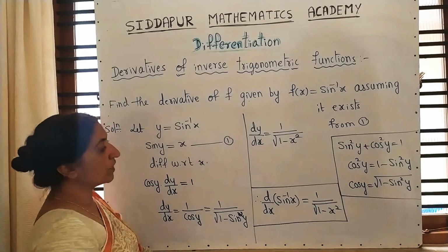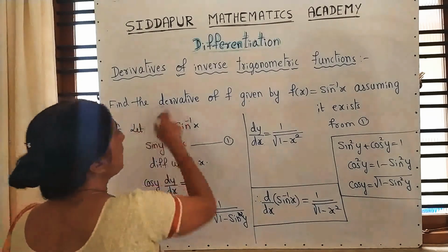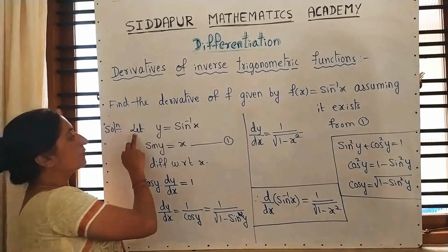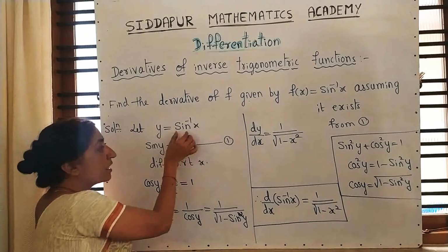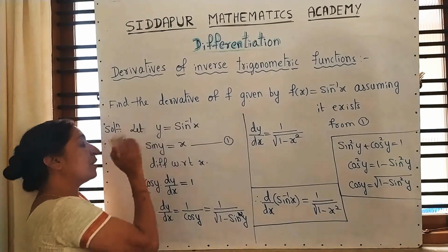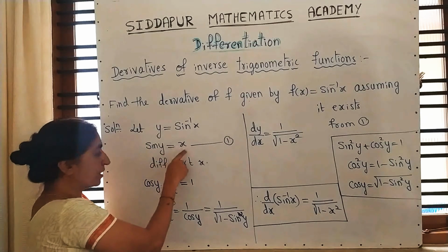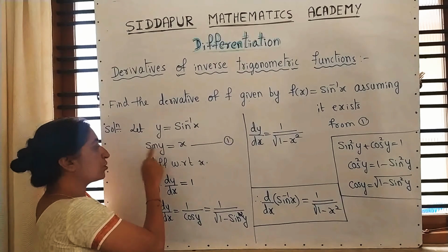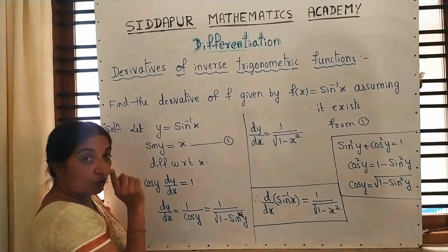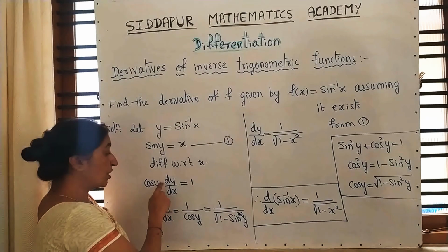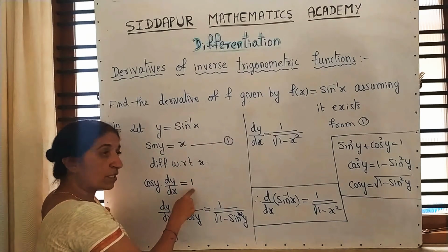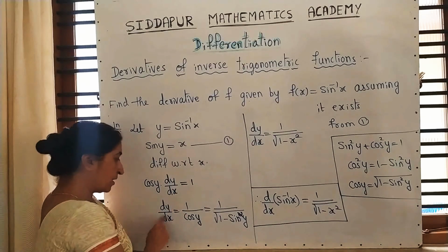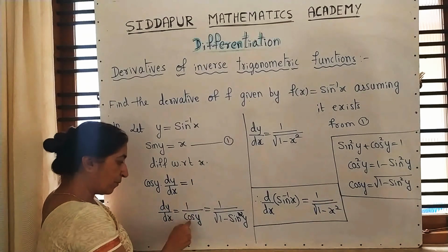Understood? Now moving to the next question, or do you want one more explanation here? Once again, shall I explain this? See here, y is equal to sine inverse x. Take only the sine inverse part on the left side. It becomes sine y is equal to x. Now differentiate both sides with respect to x. Differentiation of sine y is cos y, and you know the angle is other than x. So dy upon dx is equal to the differentiation of x with respect to x, which is 1. Now keeping dy upon dx as it is, taking cos y to that side, it is 1 by cos y.